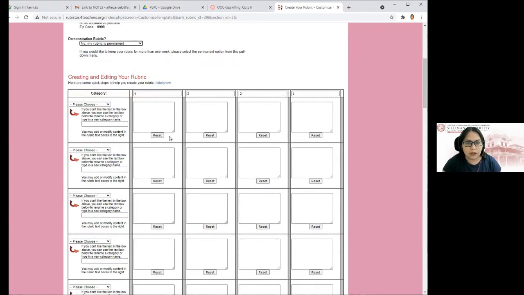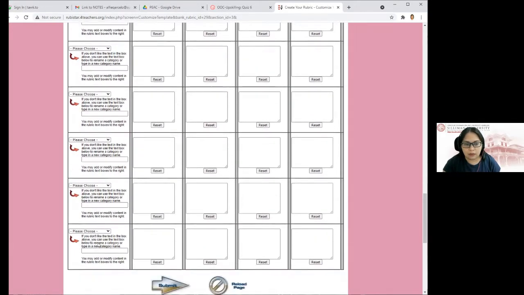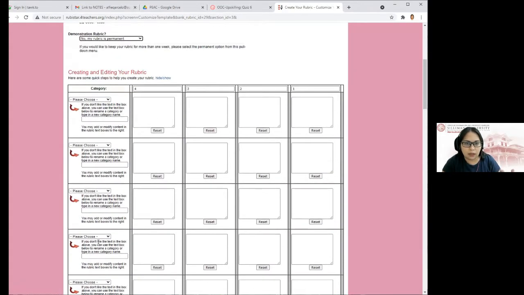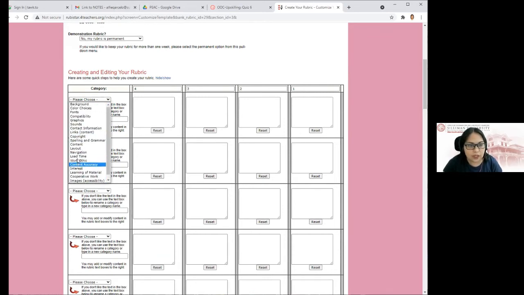And then here, na sir, we have the performance levels here, and of course our categories here. There are really a lot of categories. So if you still don't have the correct set of categories for you, you would just click on the drop down, and then you have it here. So you have choices, like for example, I want graphics because mine would be like a website,